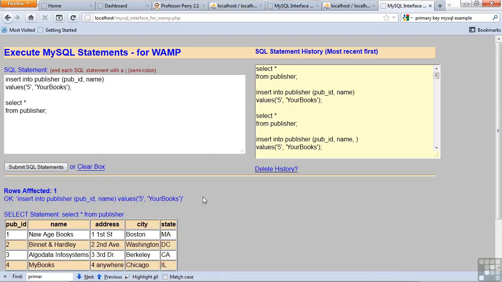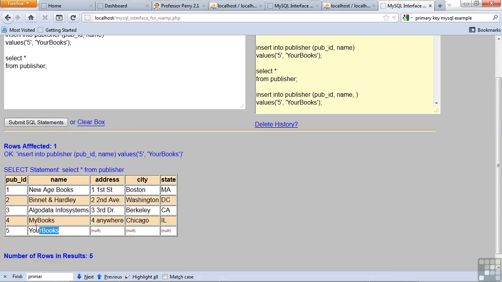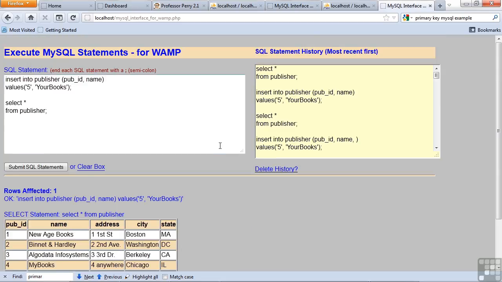Submit. All right. Now I got in Your Books, null, null, null. But according to the create statement, that's okay. We can put that in that way. I don't know where Your Books is. Maybe they're just online. They don't have an address. They're virtual Your Books. There are other ways and some more complexity to the insert statement that you could read